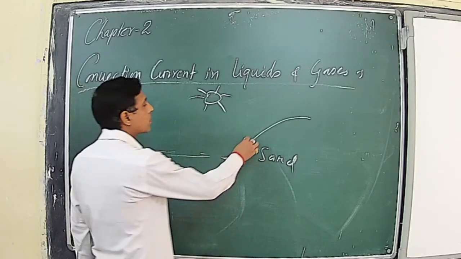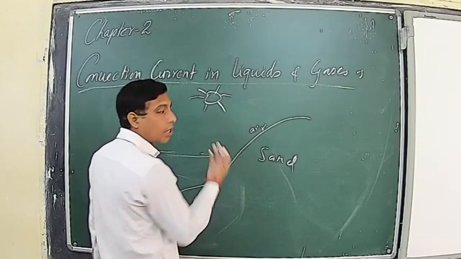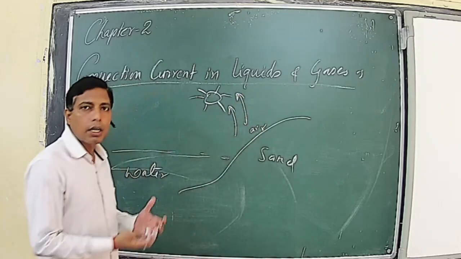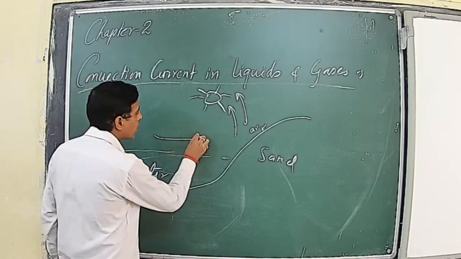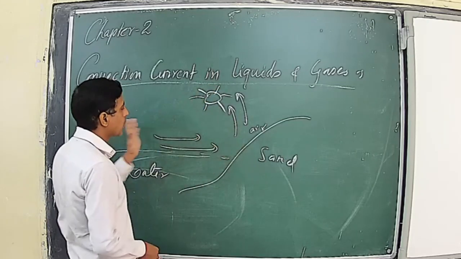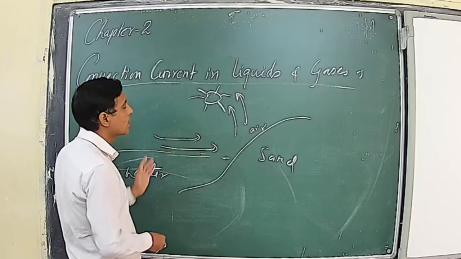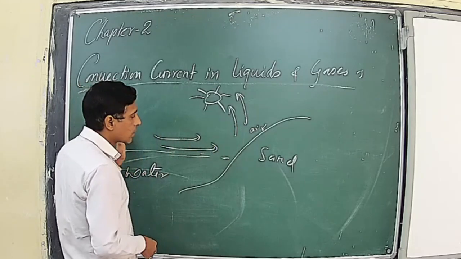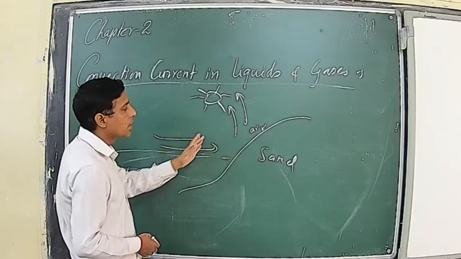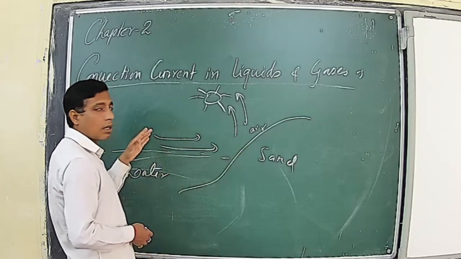So the air which is present above the surface of the land side becomes lighter and rises in the upward direction. As a result, it creates a vacuum here which is occupied by the cold air from the sea side. Again, it becomes hot and rises. Again, the space is occupied by the cold air from the sea side. So as a result, what happens? A wind seems to be blowing from sea to land side due to the difference in the density of the air on the two sides.